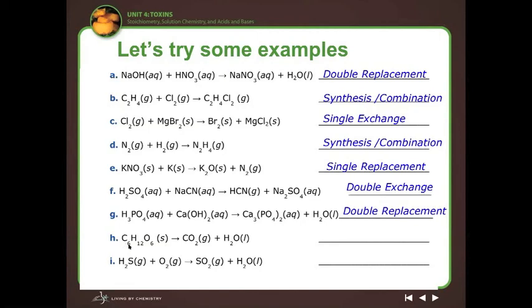Now we've got sugar, C6H12O6, that's glucose, yielding carbon dioxide and water. This is an example of decomposition. And here's H2S, hydrogen sulfide, plus oxygen as a gas, giving us sulfur dioxide gas, very stinky, and H2O, water. This must be